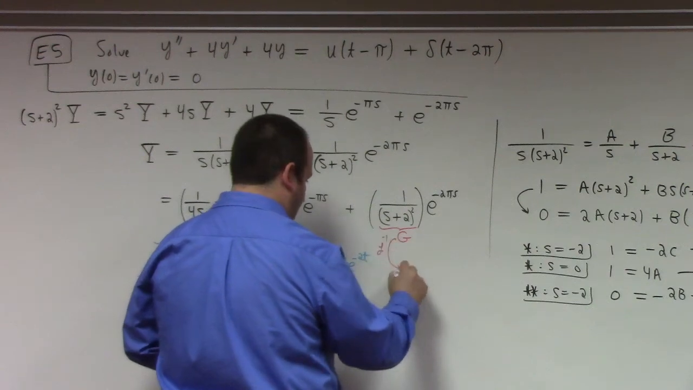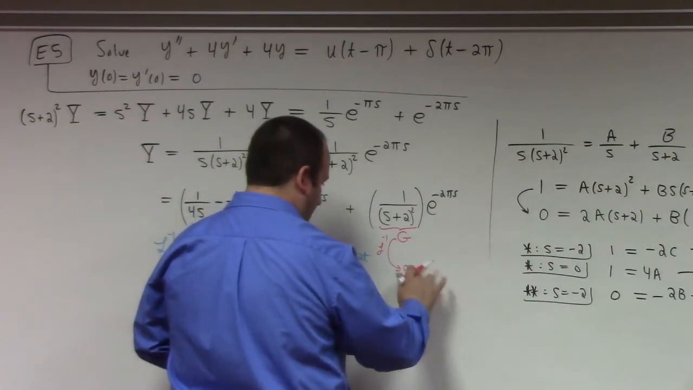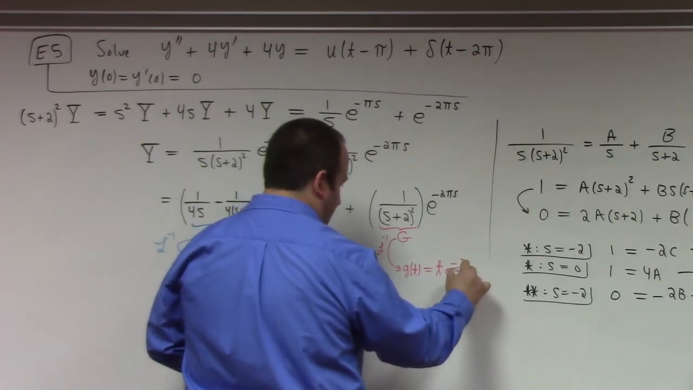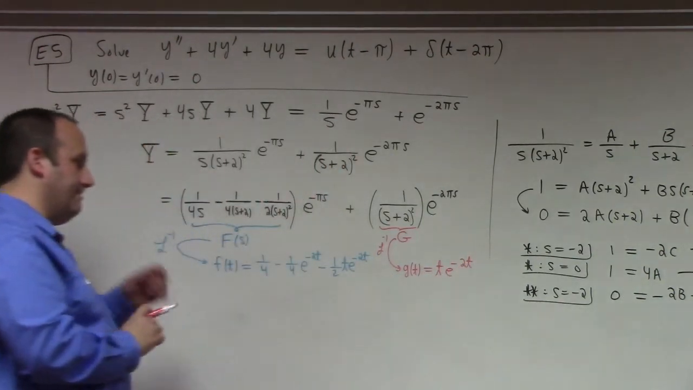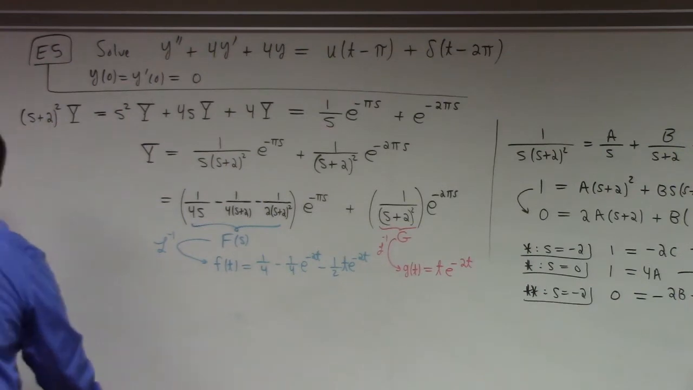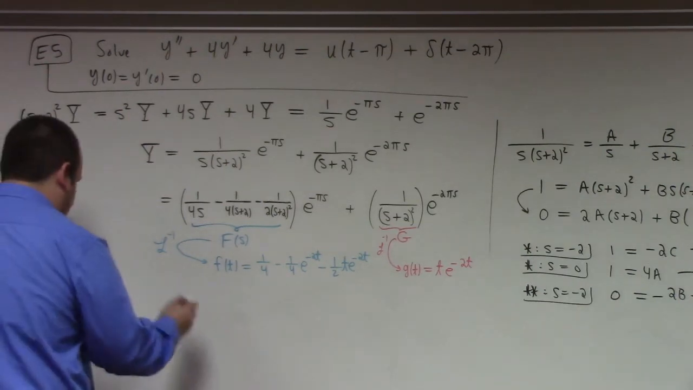The inverse transform of that at time t is t e to the minus 2t. Now I've got to go back to last time, where we learned this theorem for taking inverse transforms when there are exponentials floating about in the s domain. They create unit step functions when we go back to the t domain. And so thus